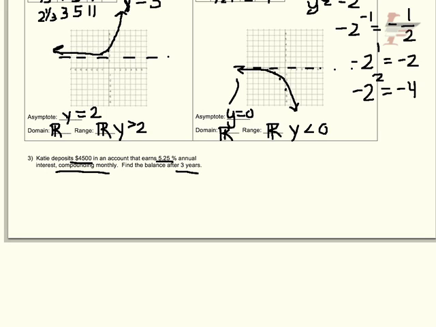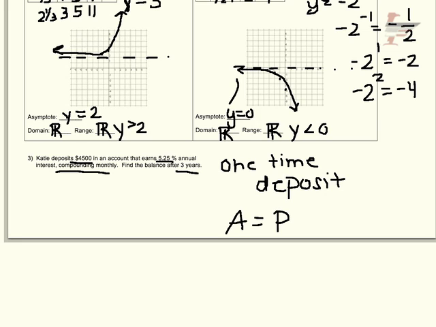All right, so this is a compounding interest problem, and she's going to deposit this one time. And that's really critical because on the exam, there's going to be problems just like this that might say she deposits $4,500 every month or quarterly or something that's periodic, and that would be an annuity formula. So if it's just a one-time deposit, remember you have your little formula sheet. You're going to use